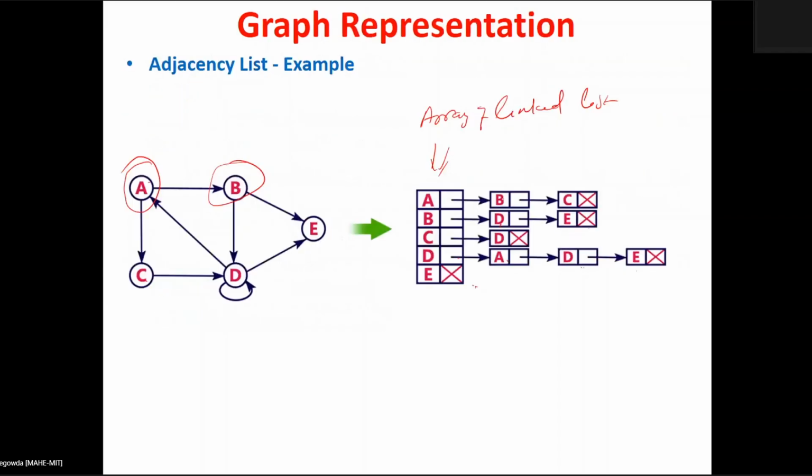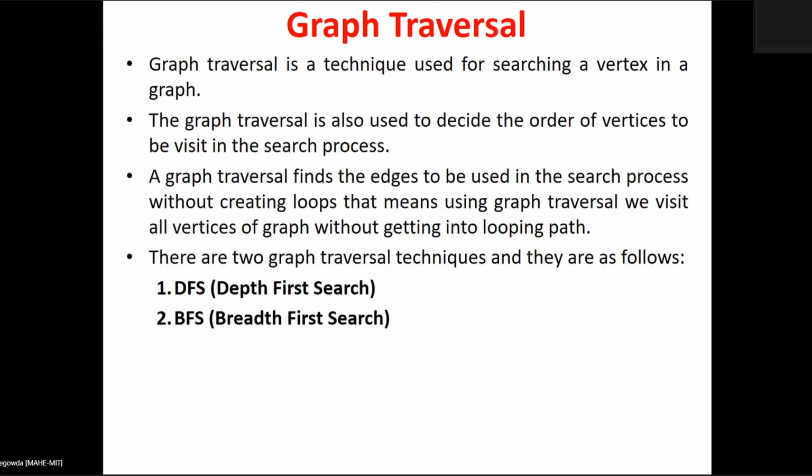So these are some of the basic terminologies and how to represent the matrix in different formats. Next we have the graph traversal methods. Graph traversal is one of the techniques or methods used for searching a particular vertex in a graph. If I have been given a graph, sometimes I want to know whether a particular vertex is present in the graph or not. We can do that by using a traversal method.